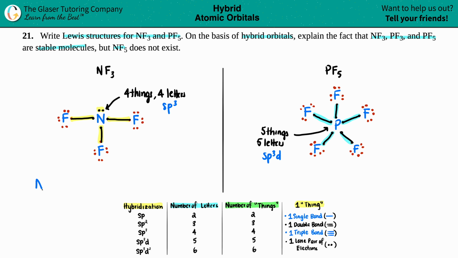Well, if we look at the electron configuration of nitrogen, it is 1s2, 2s2, 2p3. The highest number that nitrogen has is 2, your principal quantum number. And if your highest number is a 2, you only have access